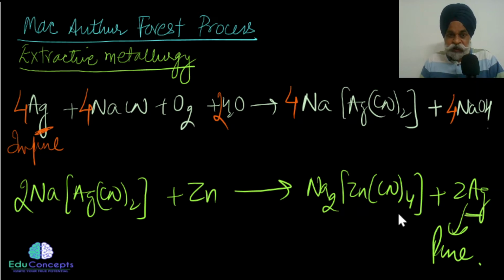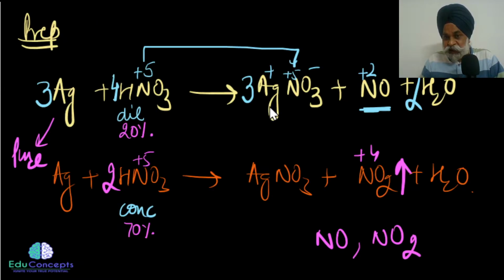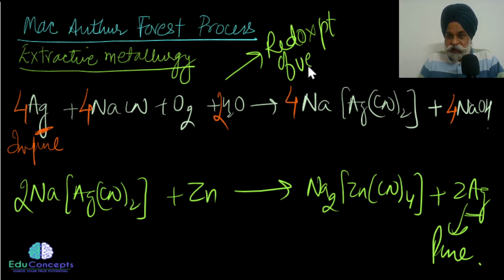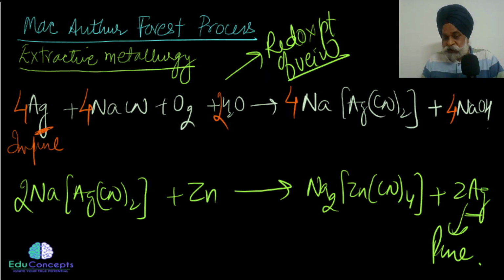So this silver can then be used for this particular reaction to generate silver nitrate. Okay, fair enough. Now coming on to the chemical reaction parts. One more thing, I always would advise you to see these 2 reactions from a redox point of view. That is very important, that in this particular reaction, who is the oxidizing agent and who is the reducing agent. That question can be asked for both of these 2 reactions. First you have to identify, are these 2 reactions redox? If yes, which is oxidizing and which is reducing,